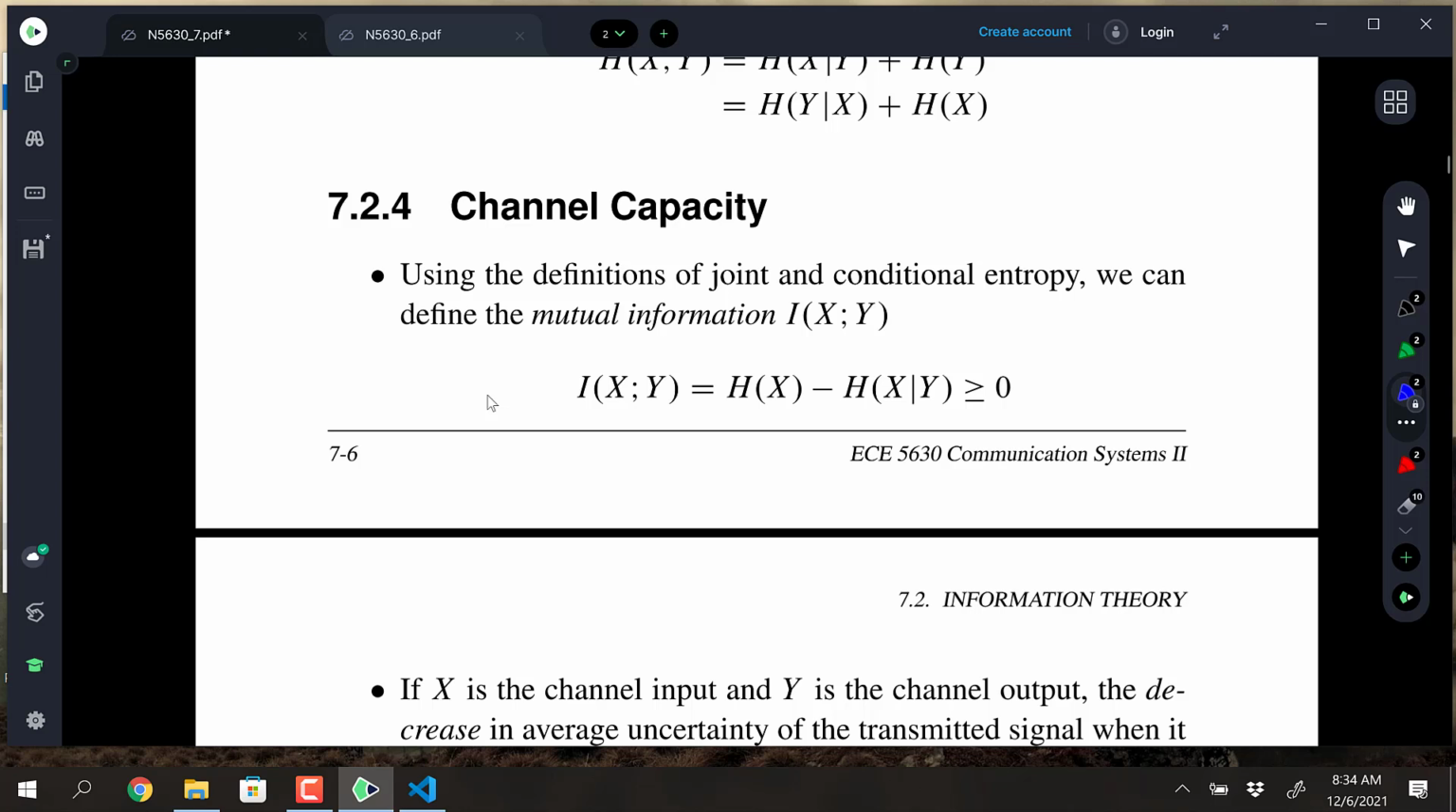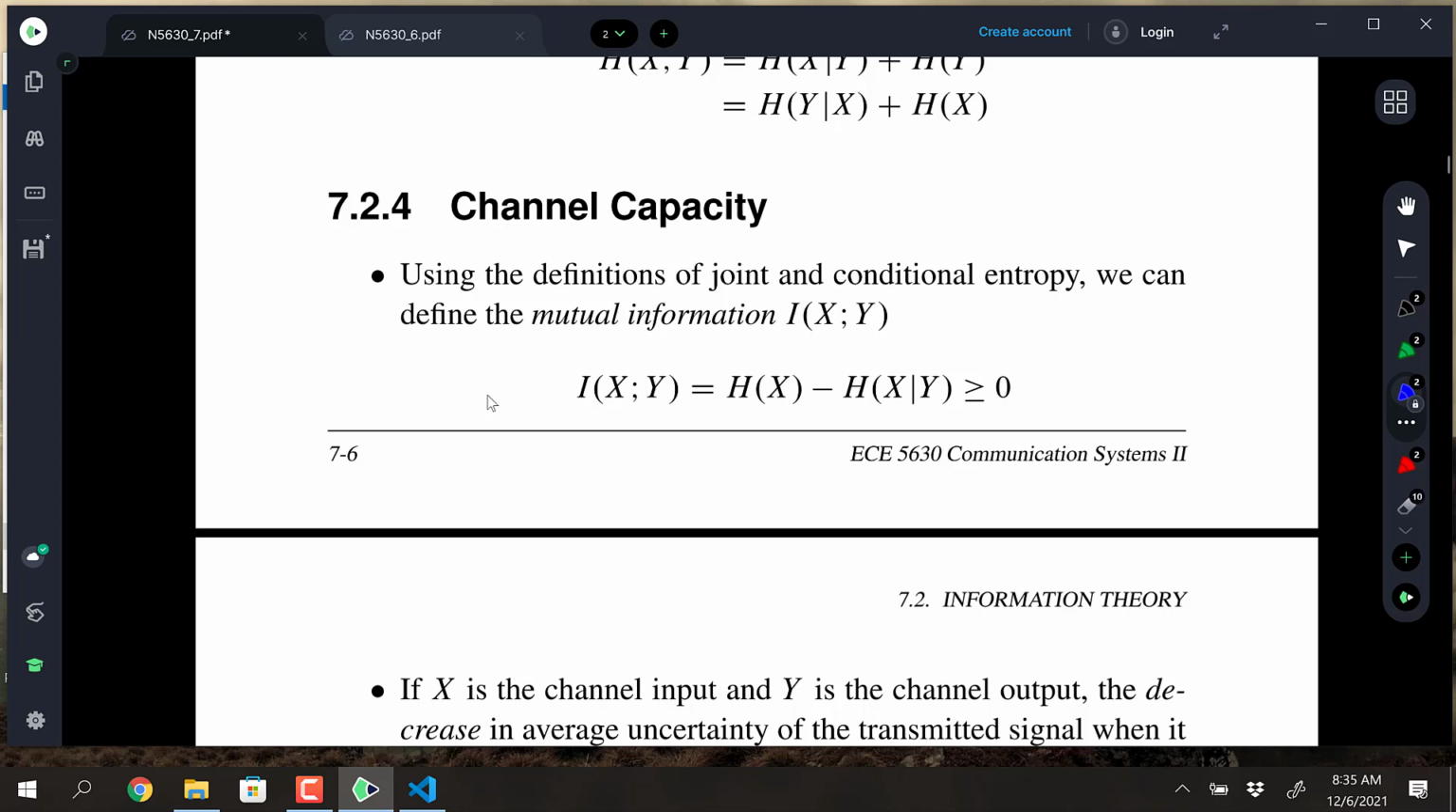the entropy of the source minus the conditional entropy. So it's the entropy of the source a posteriori. So it's the entropy given what we've received. So that is the mutual information, and it's always non-negative,